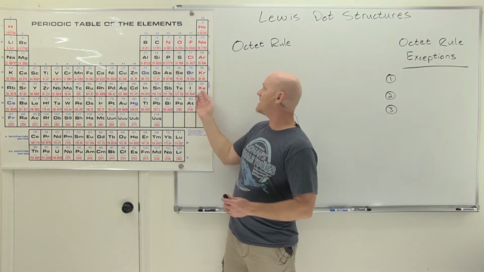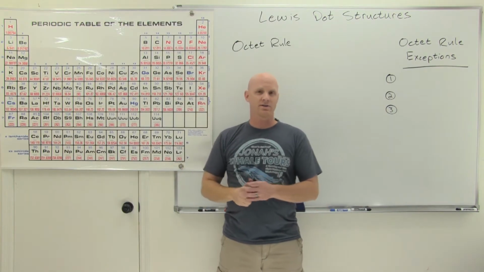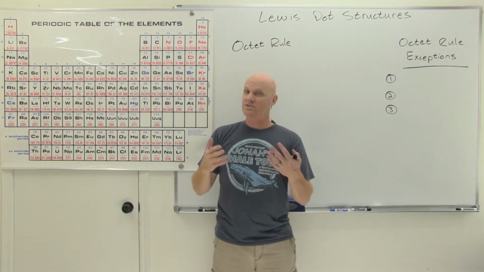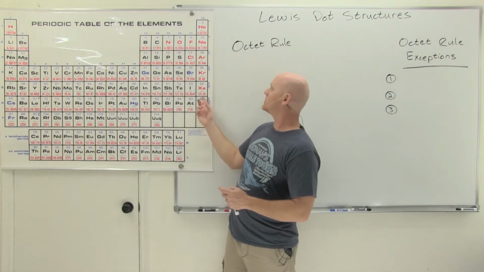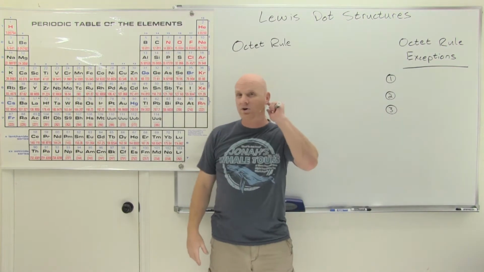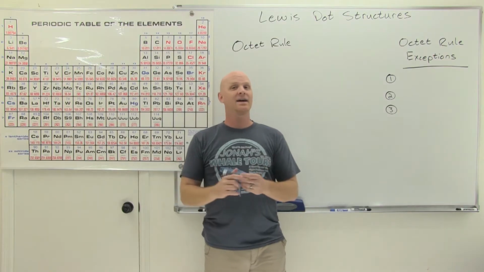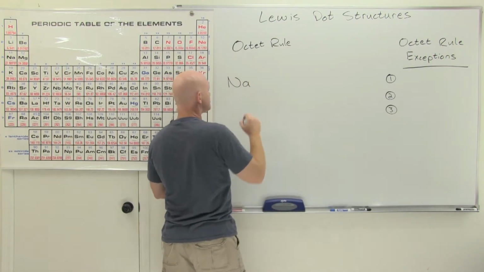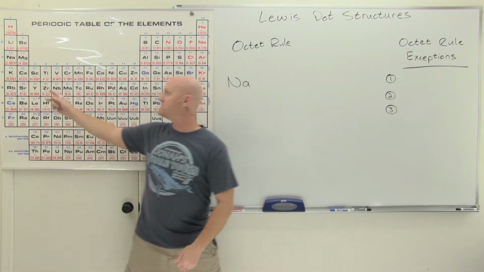And these noble gases end up with a filled shell. They've got the s full and the 3 p's full for a total of 8 electrons. It turns out that's a stable place to be, and so we say they have a filled octet. We also say that the rest of these elements are trying to look like that and get a filled octet. So if we start with something like sodium here,